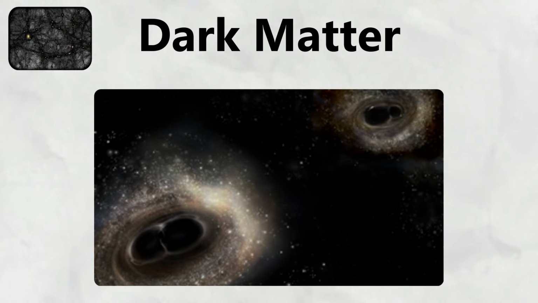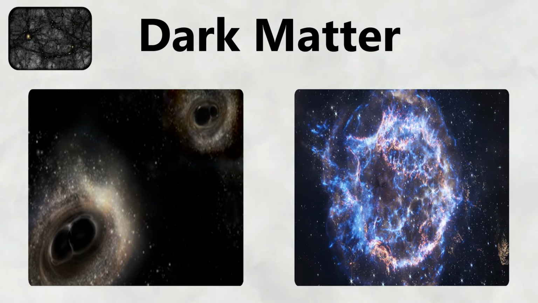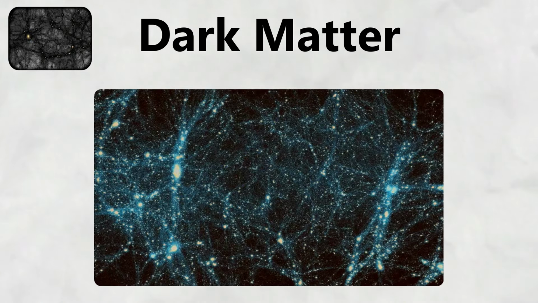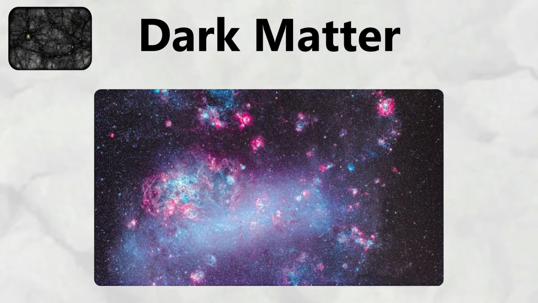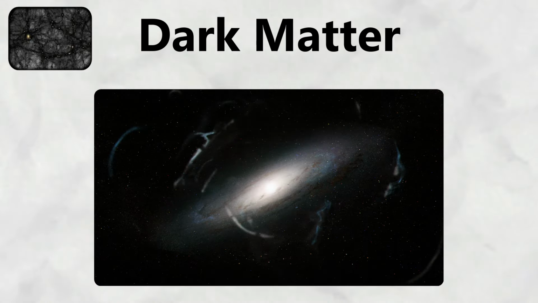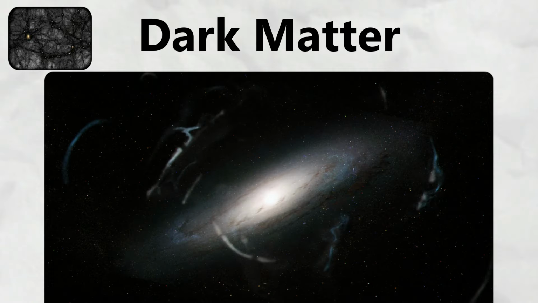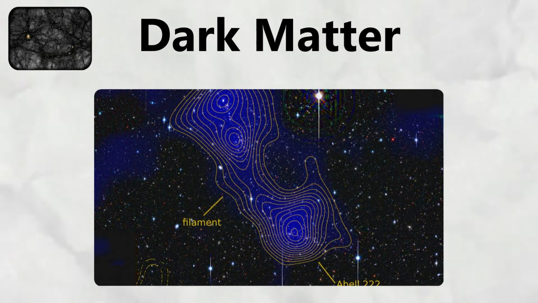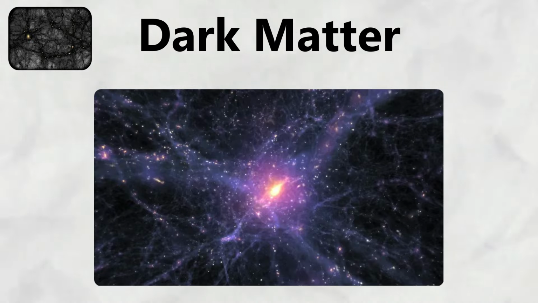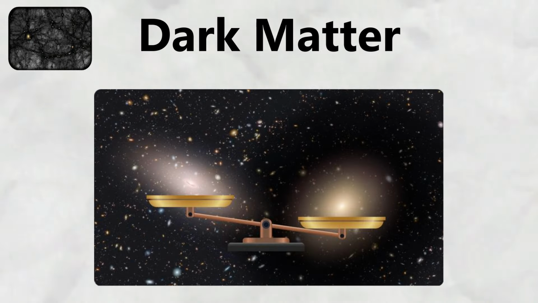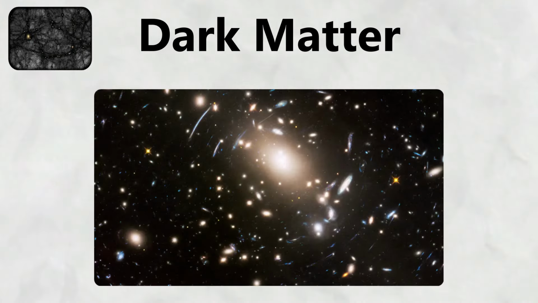Dark matter played a crucial role in the formation of cosmic structure. In the early universe, dark matter began clumping together under its own gravity before ordinary matter could do the same. These dark matter clumps, called halos, provided the gravitational scaffolding around which ordinary matter could collect to form the first stars and galaxies. Without dark matter, the universe would look completely different, with far fewer galaxies and much less complex structure.